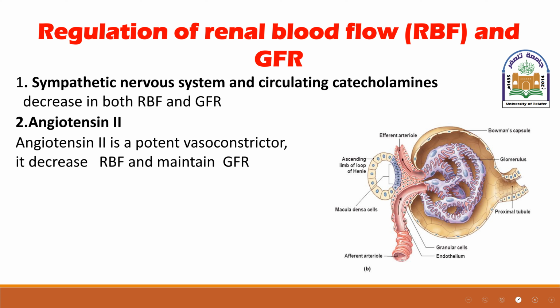other factors again which regulate the renal blood flow, and these are the sympathetic nervous system and angiotensin II. Sympathetic nervous system and the circulating catecholamines produce vasoconstriction in the afferent arterioles and in the efferent arterioles, leading to decreased renal blood flow and GFR. The sympathetic nervous system and circulating catecholamines are potent vasoconstrictors, decreasing renal blood flow. In fact, its main effect is on the